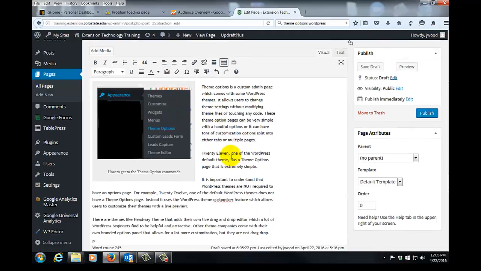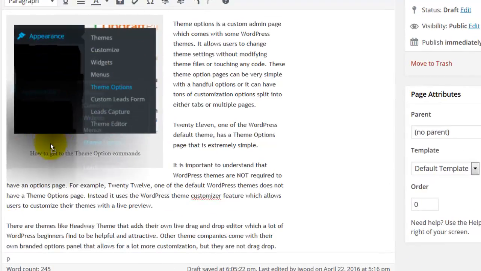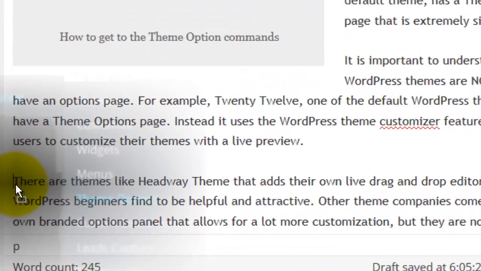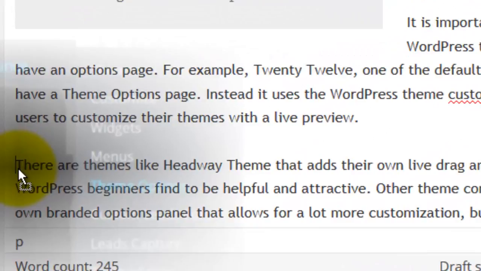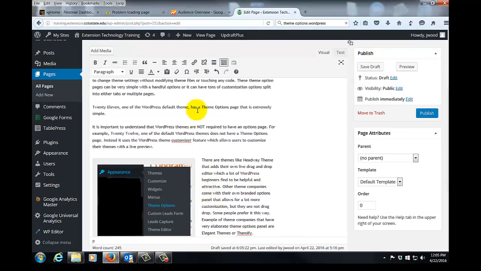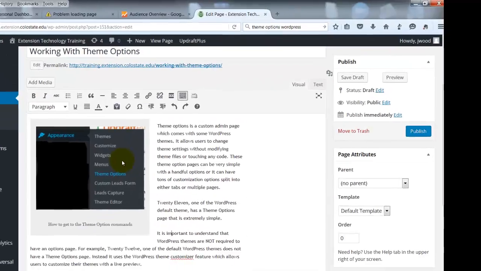Now let's say I've changed my mind, and instead of wanting it to go in the upper left-hand corner, I want it to go just below this. There are themes like Headway theme, and I want it to be to the left of this paragraph. I can drag it down there, but it's really hard to get it exactly where you want to. As you see, I've got the cursor just below the T on There Are Themes Like Headway theme, and if I let go, then it went there correctly. So I did do this by being able to drag it. Another option, however, and I'll Control Z to get my image back to its original position,